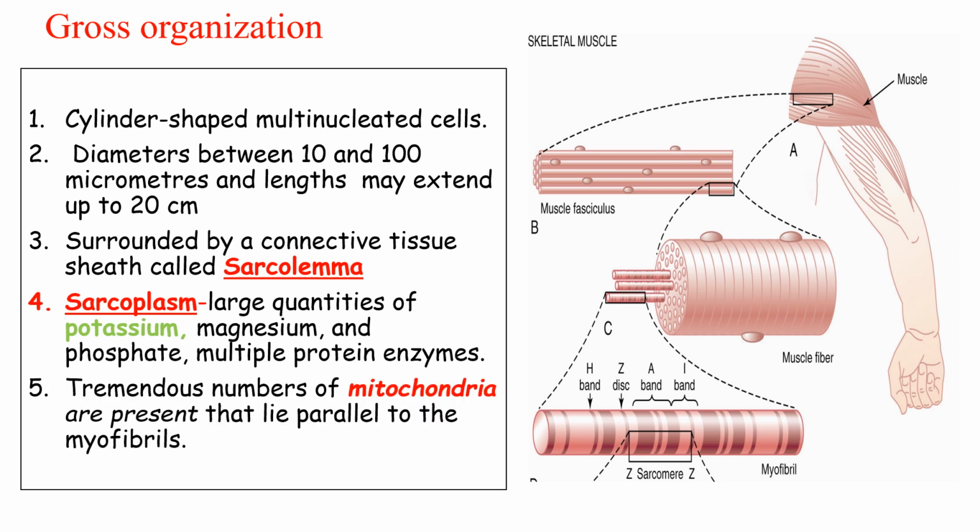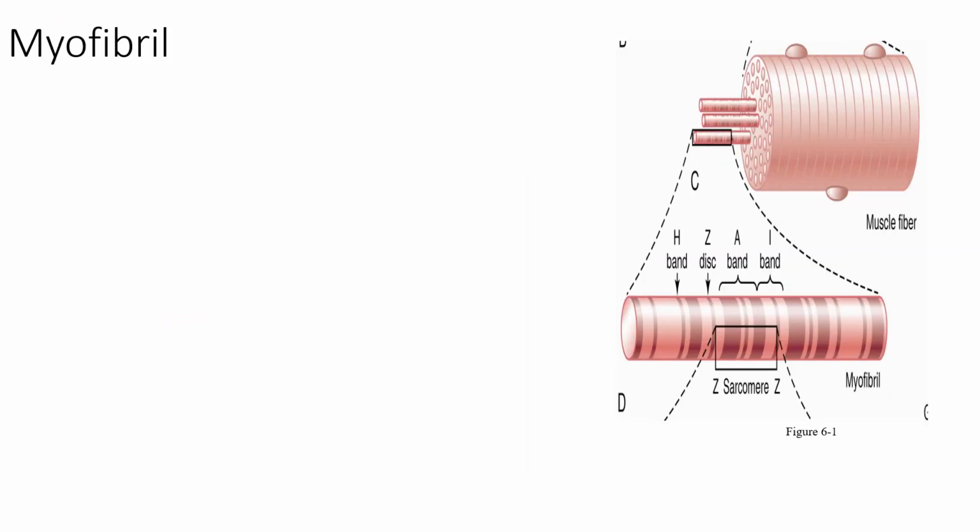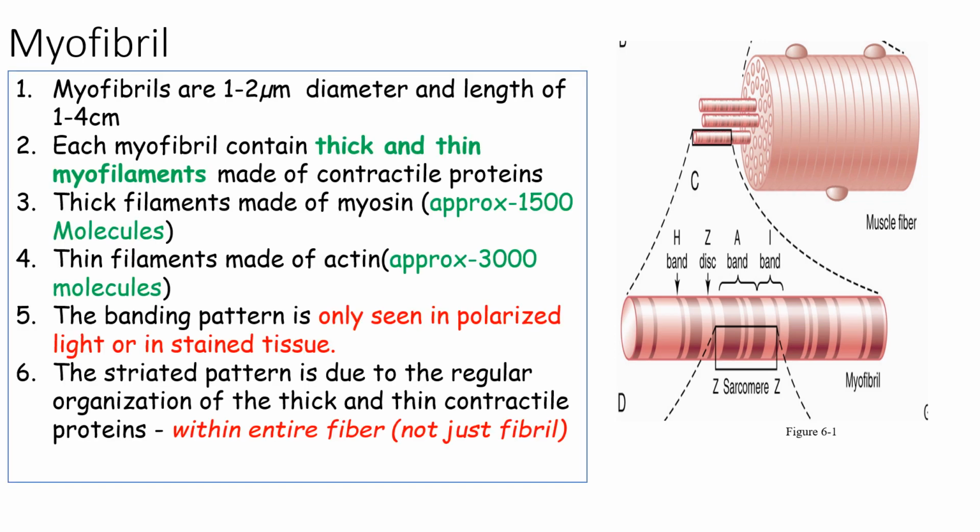So this sarcoplasm also has a tremendous amount of mitochondria which lie parallel to the myofibril, because they have to convert the chemical energy to the mechanical form of energy in the ATP to generate force, as we said earlier. Now each skeletal muscle fiber contains bundles of filaments by the name of myofibril, which have a variable diameter and